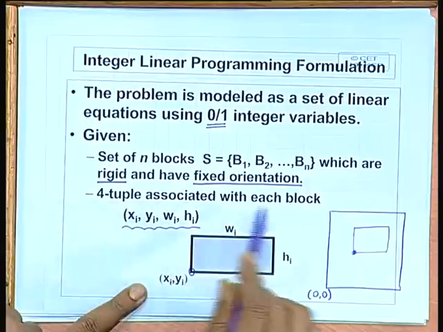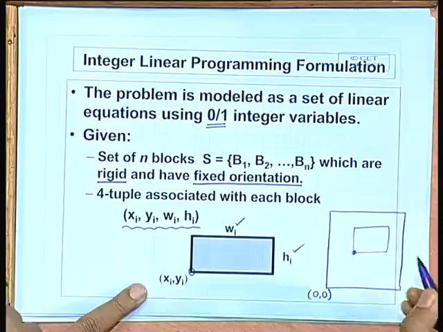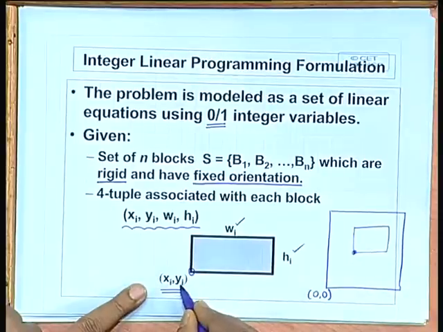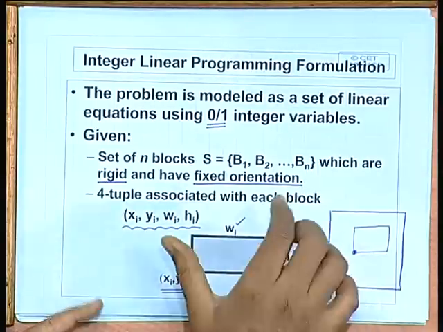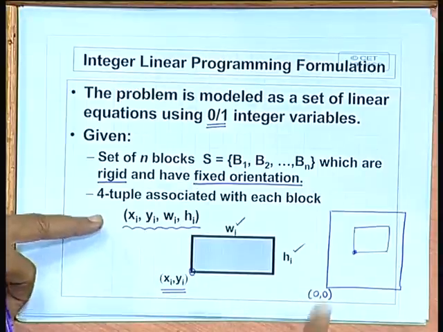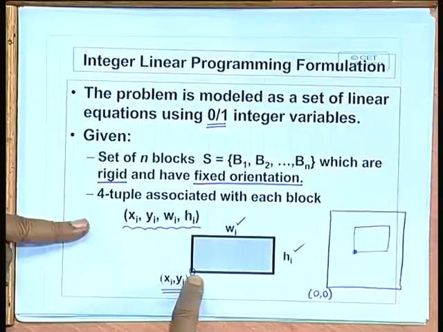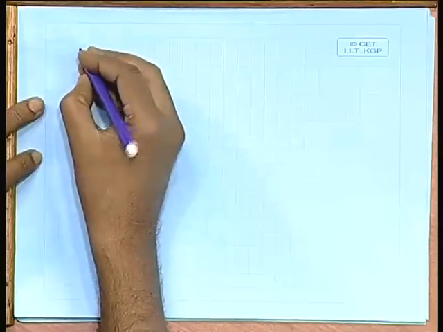Now, since the blocks are flexible, what we assume is that wi and hi are constants, xi and yi are values we have to find out, right. Okay. So, now let us see how we can formulate this problem as a set of linear equations. Just remember, for each block we have xi, yi, the lower left coordinate, the width and the height. Fine. So, the main criteria that we require is that